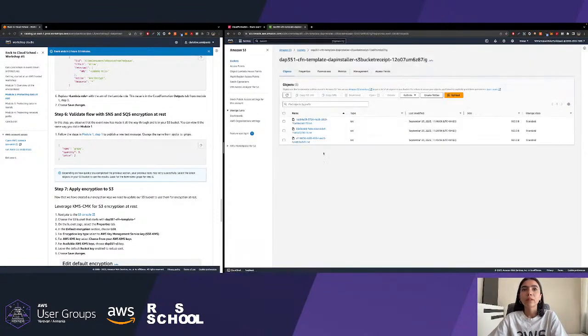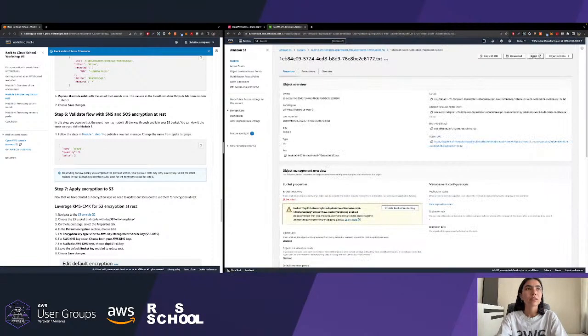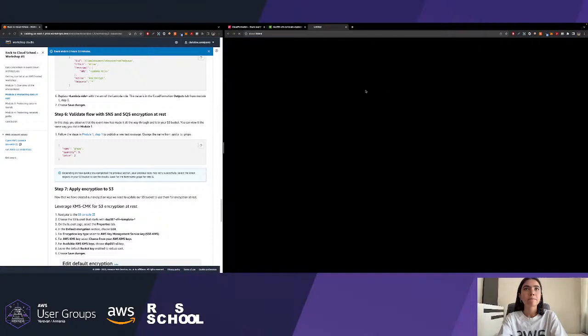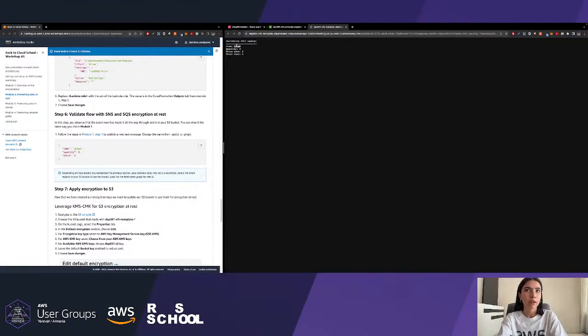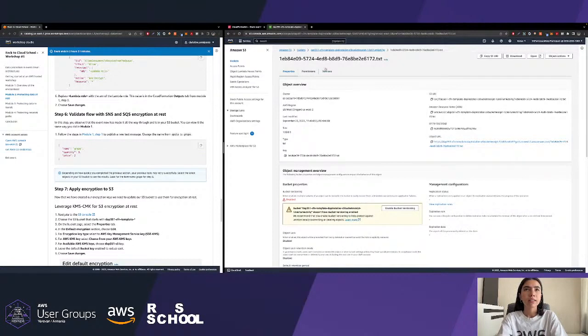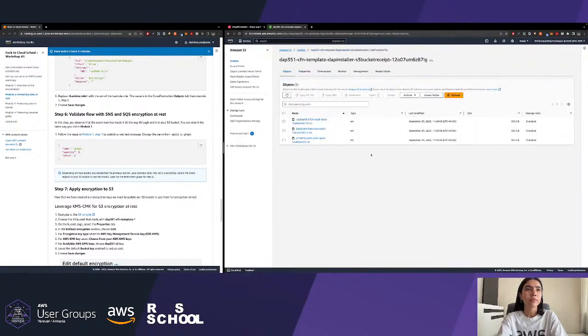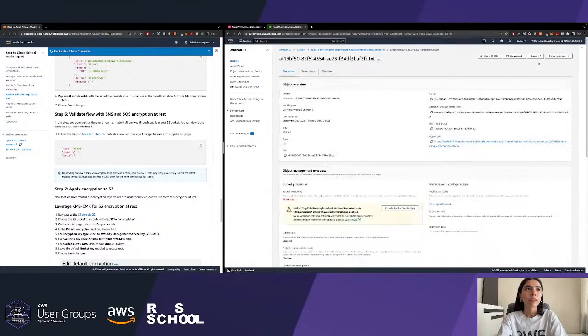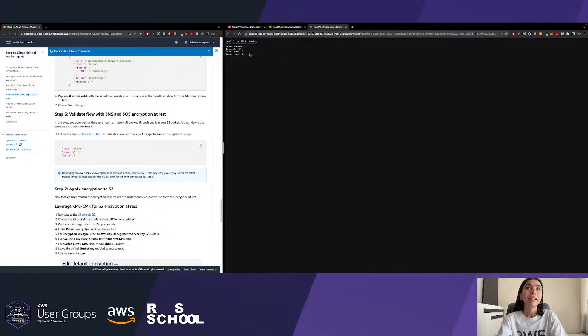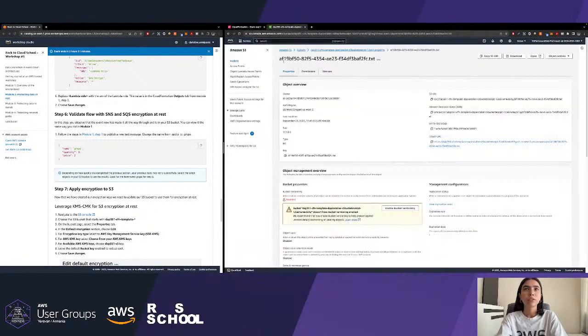Cool. Now we can see we have 2 more items added to our S3. So go ahead and check those items. Hit the open button. This one is the last one with grape. Cool. And let's see what is the other one. Banana, the one that was stuck. Remember? So cool. It reached the destination.